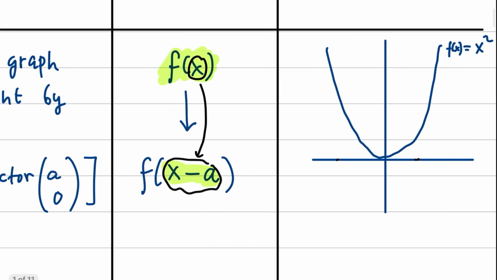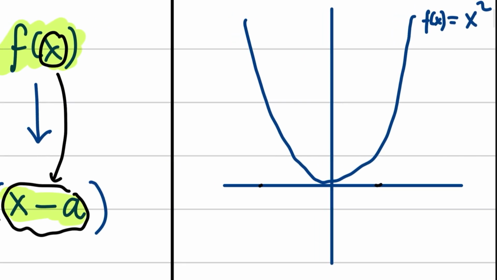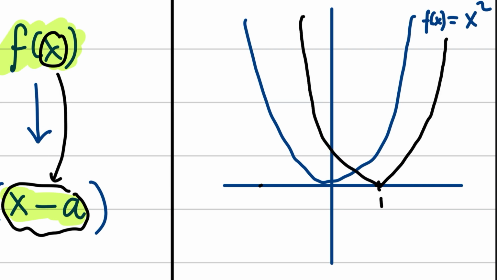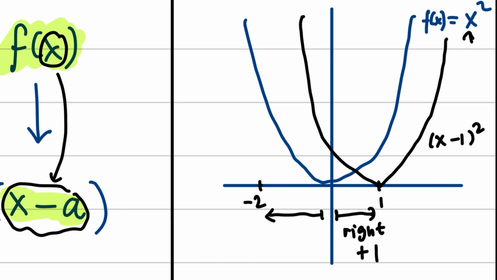Let's look at the example. This is our f(x) equals x squared, and let's say we move it to the right by 1 unit. What happened is, we move it to the right by 1 unit, but in the formula we have negative, so we replace x with x minus 1, so it becomes (x minus 1) squared. But if we move it to the left, let's say by 2 units, so left is minus 2,